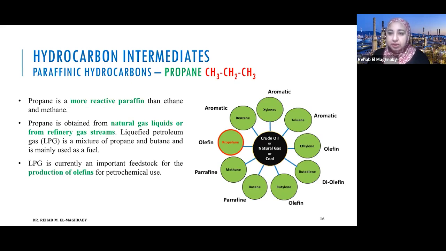Propylene can be polymerized to polypropylene. If you remember, I talked about the cover of the plastic mineral water bottle, which is mainly polypropylene. Polypropylene is also one of the important plastic containers that can be used in the microwave. It is safe to be microwaved. So any container containing polypropylene is safe to use in the microwave.